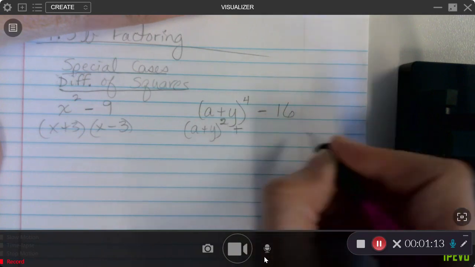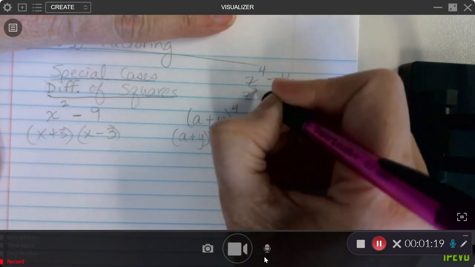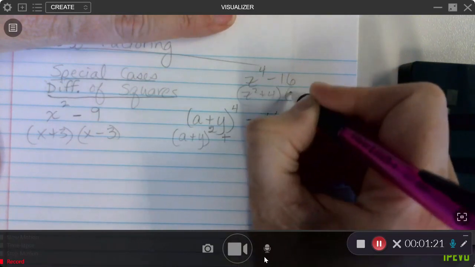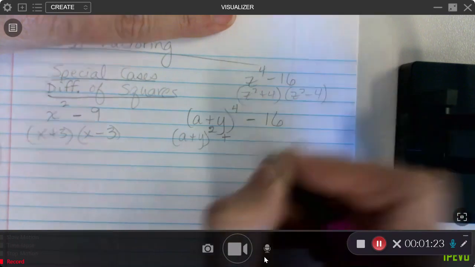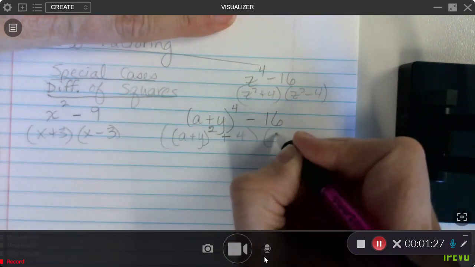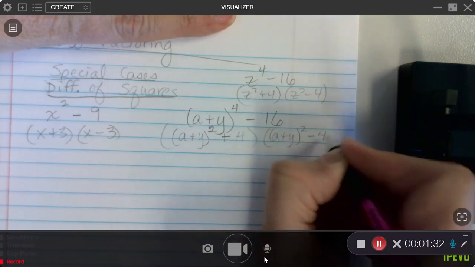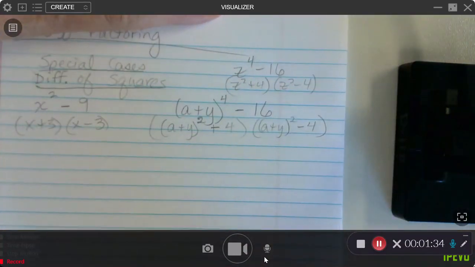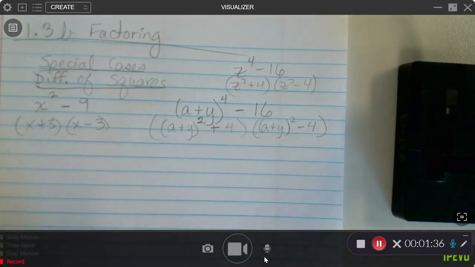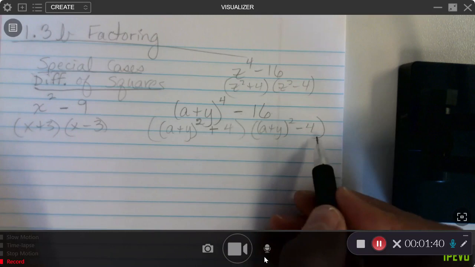Well, no. If I said z to the 4th minus 16, I'm going to go z squared plus 4, z squared minus 4, right? So z squared plus 4 and z squared minus 4. Am I finished? Still have another difference of two squares, right? So